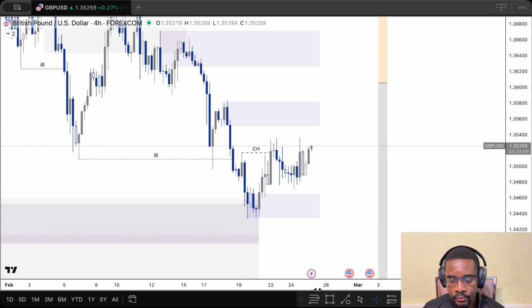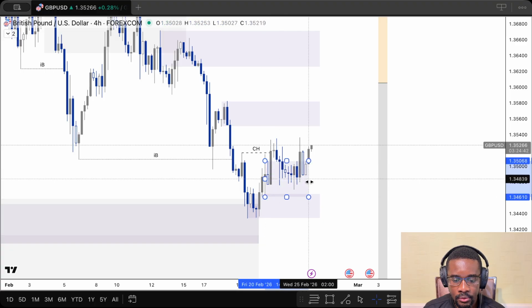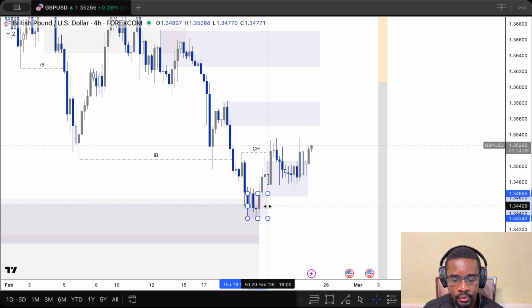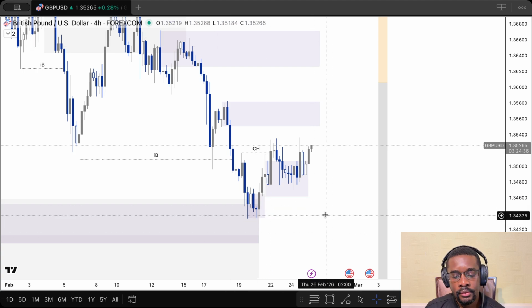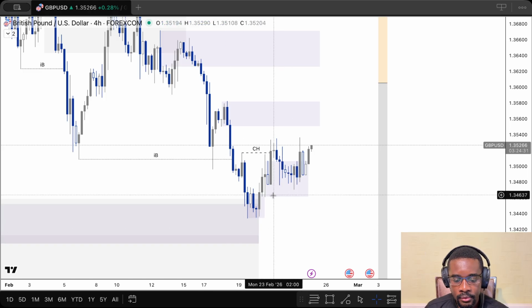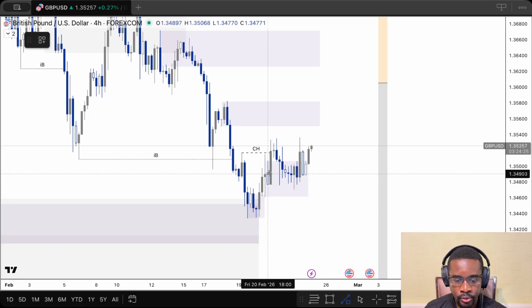So this is our 4 hour demand, supply range. So if we look at the details, we had our fractal structure right there, and